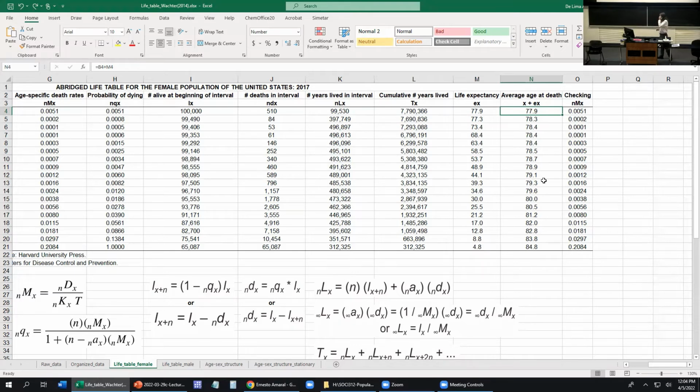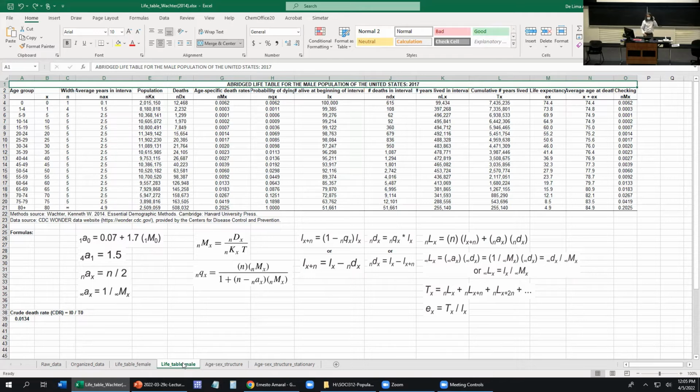Okay? And this last column here, I'm just checking if I did the calculations correctly. I'm just dividing this number of people dying by the big LXN. Remember, the big LXN is the number of years that people live in that age group. So that's the real person years that demographers use, right? And this number here, if you compare, is the same as this one. And this one is based on the raw data, and this one I've just calculated to see if they are similar. So we do the same life table for men,